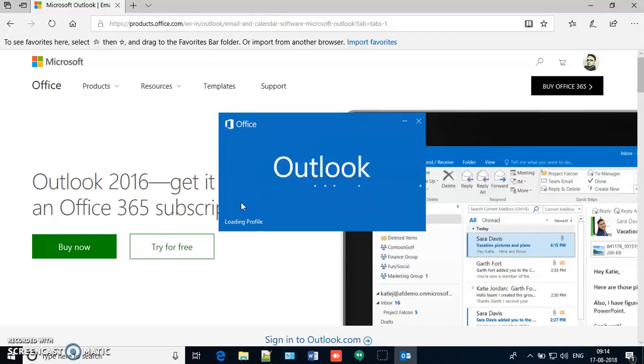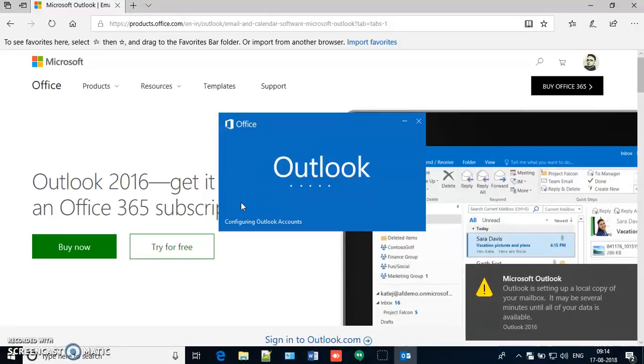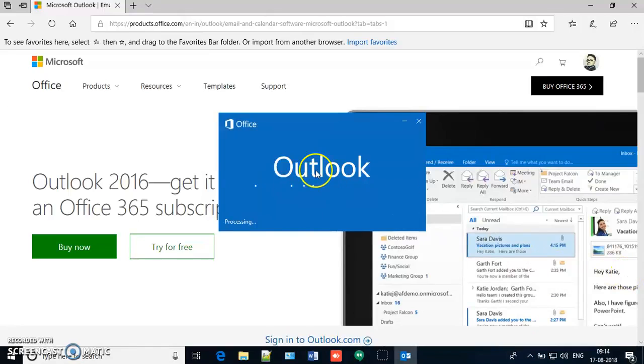Once your email address has been linked with Microsoft Outlook, the application will start sending and receiving data from your email provider. It will take some time because it is the first-time email configuration in your Outlook setup.